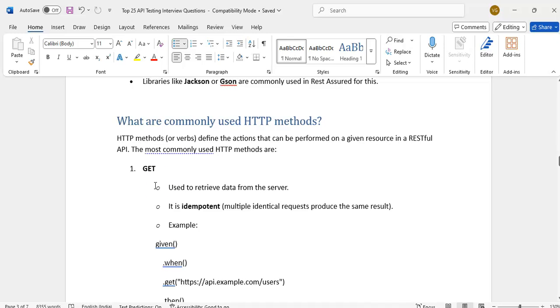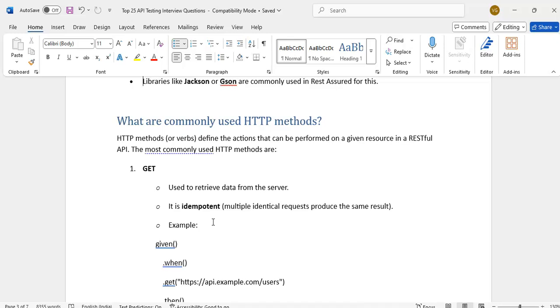Get, why do we use get? Get is used to retrieve the data from the server. Get is idempotent. Idempotent means what? Multiple times. If you call the same request, suppose employee 1, I am getting the employee object 10 times, I have executed the same request.